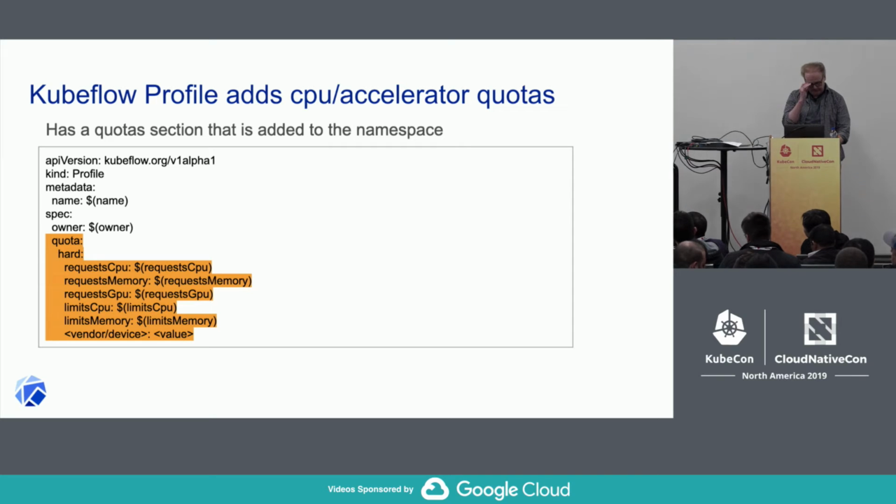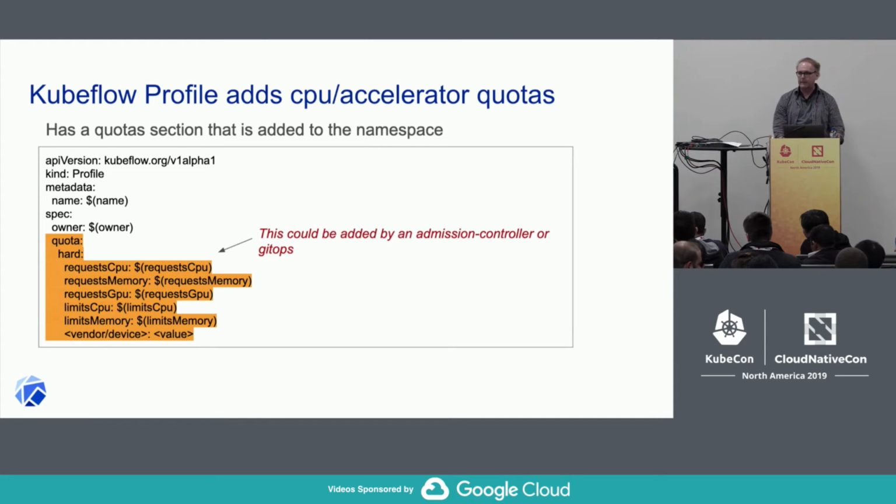The obvious issue here is if you were to allow the user to do it, it violates 2 things. One is now we've exposed the complexity of Kubernetes to the end user, and 2, they could effectively take over the cluster and all the GPUs or TPUs out there. So the idea is that this would be inserted, and it could be inserted by an admission controller or by GitOps. And so this is an extension mechanism that we don't particularly have a say on,